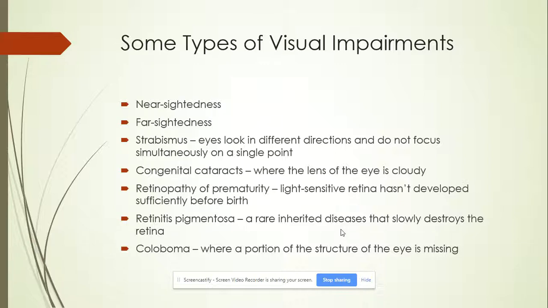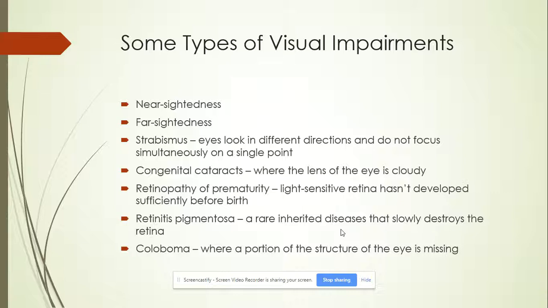Some types of visual impairments: nearsightedness, also known as myopia; farsightedness; strabismus, eyes looking in different directions and do not focus simultaneously on a single point; congenital cataracts, where the lens of the eye is cloudy; retinopathy of prematurity, where the light-sensitive retina hasn't developed sufficiently before birth;